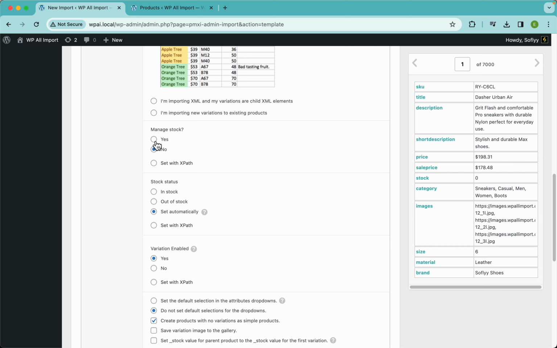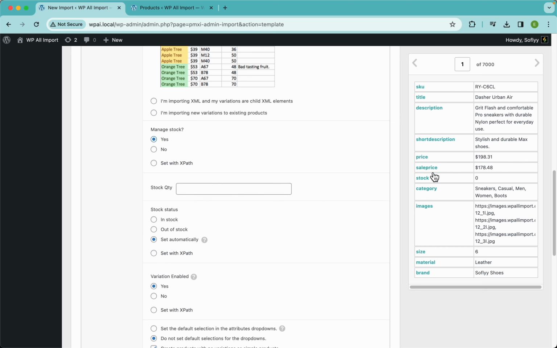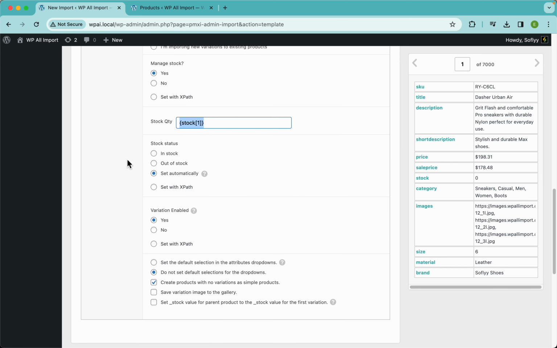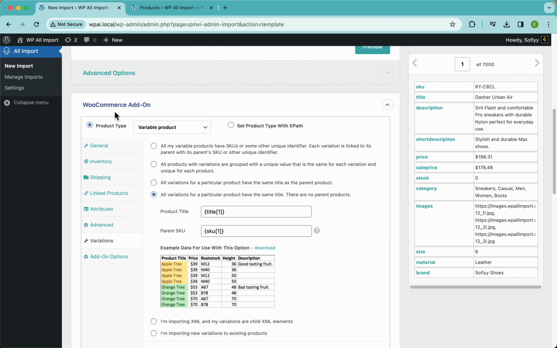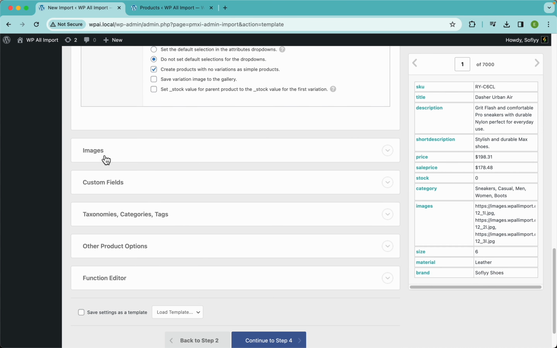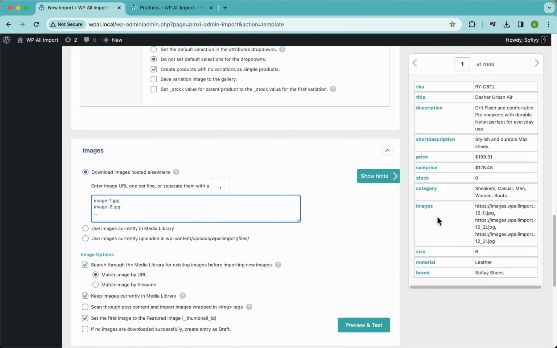Then I'm gonna enable here the manage stock option for the variations, and the stock is right here. Cool. This one I'm gonna leave as it is, and this I'm gonna leave as it is too. Now we're done with the WooCommerce Add-On section, so let's jump into the images one and drag and drop the